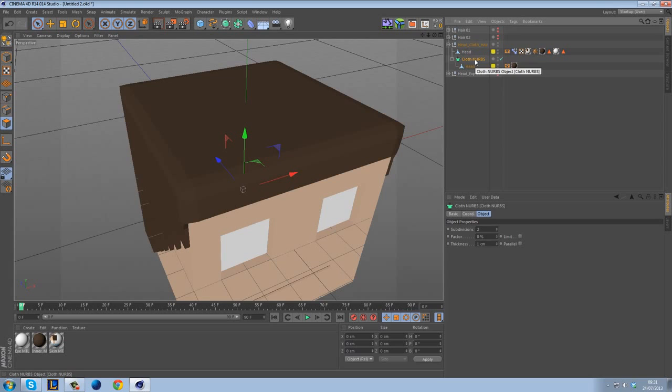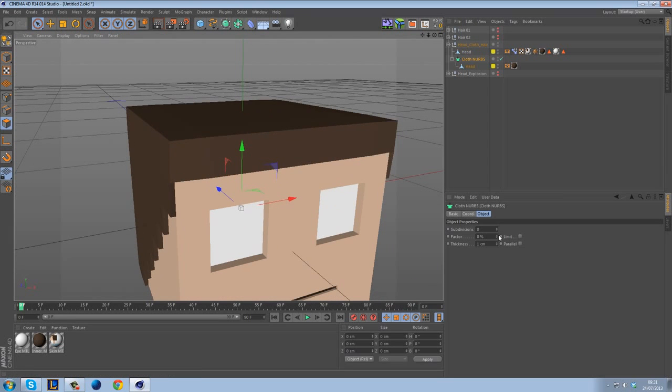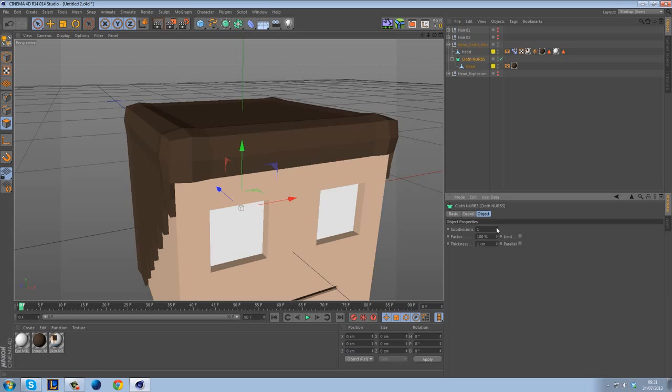So the cloth NURBS is pretty self-explanatory. We've got subdivisions here. You don't technically need any subdivisions. I've just put them on just for the lols. The factor basically means how strong of original shape it's going to take. If we put it up to 100, which is the original, it's going to kind of get bulgy, and you can see this by adding subdivisions. If we bring this factor down to 0, we're going to get very close to a straight line,